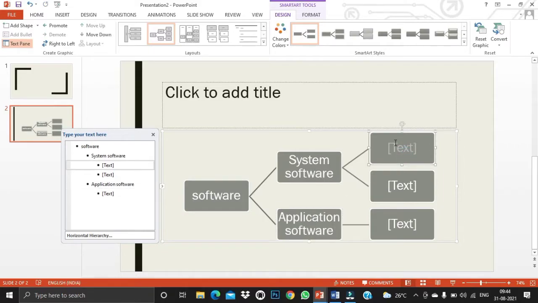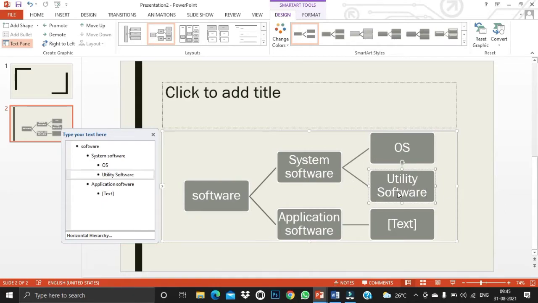Okay, the types of system software are OS, utility software. So I need one more option here. Okay, I need one more option here.